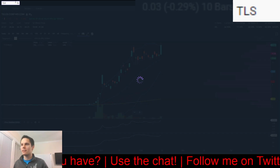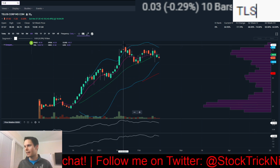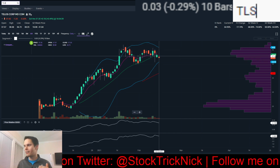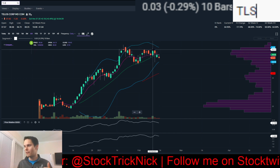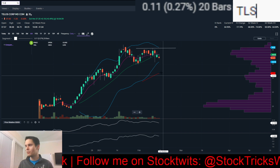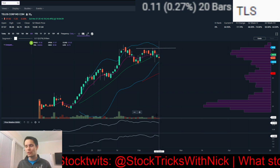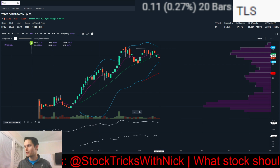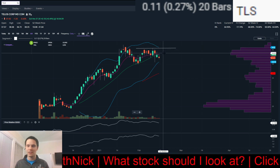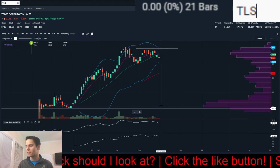Wanted to cover TLS as well. This is one IPO high tight flag that had this really nice shakeout on Wednesday. That's why if we did rally back above the high from Tuesday, that would have been my buy point, and it still might be. We got just some downward drift on extremely light volume Thursday and Friday. So this is definitely not off my overall watch list. I'm not sure if I'll put this on the Sunday one. Have to do some research this weekend, but